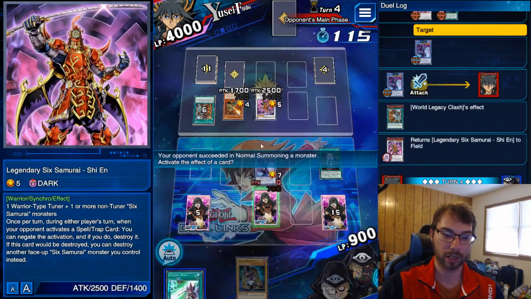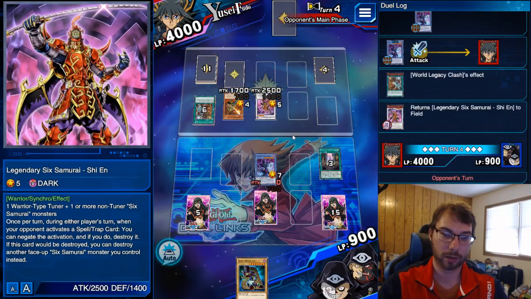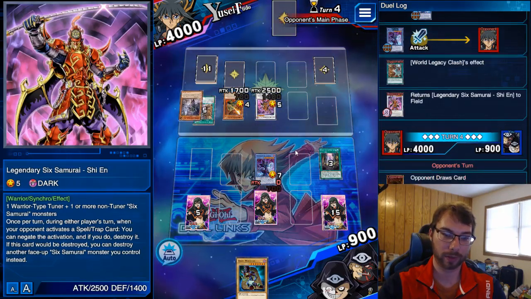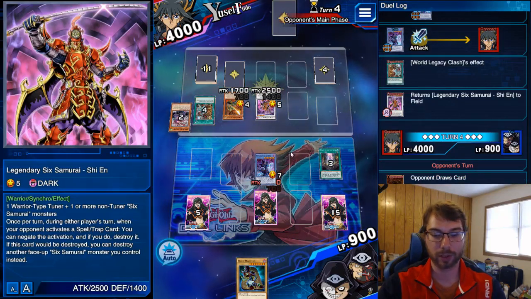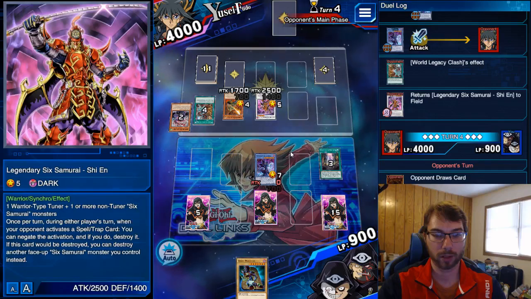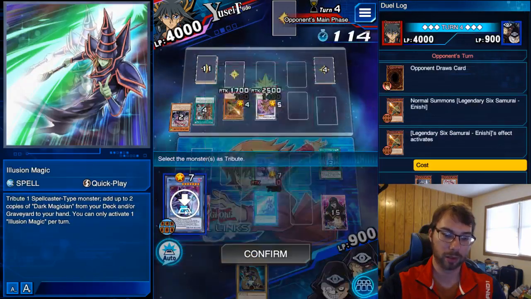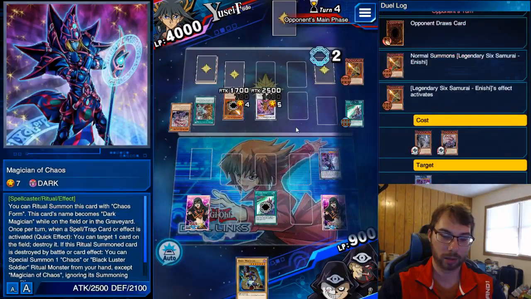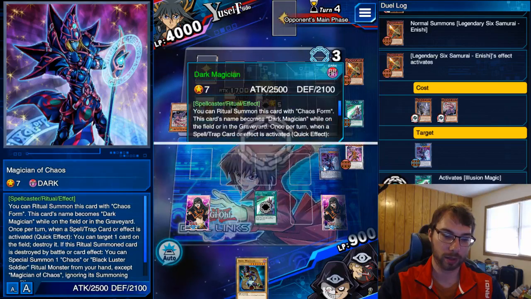Oh, dual wield's not turned on anymore. Dual wield's not turned on. But I think we lose now. Okay, we just lose. We just lose, because Anishi's got enough power to kill us. And he just negates this anyway. I think it's kind of...